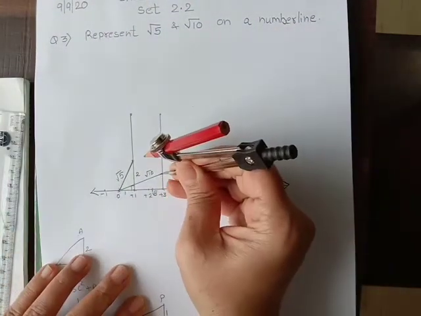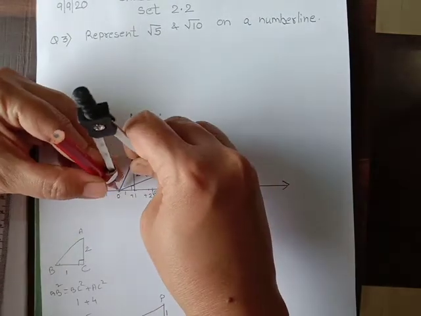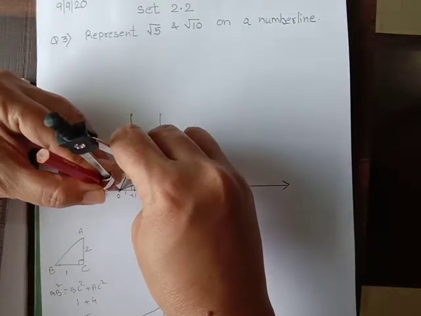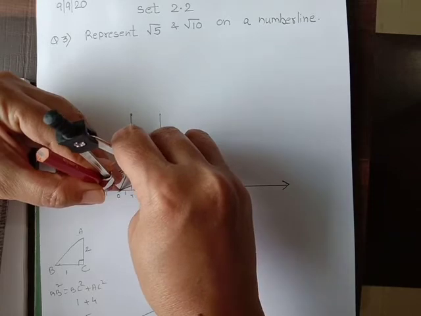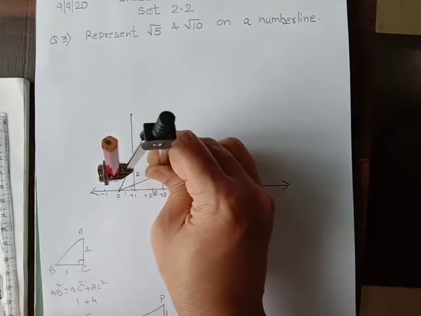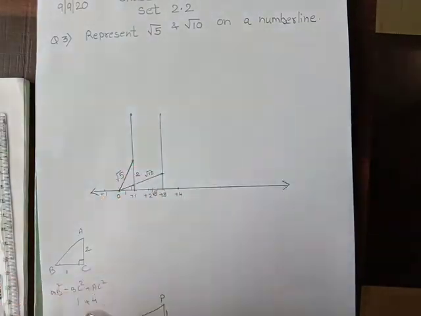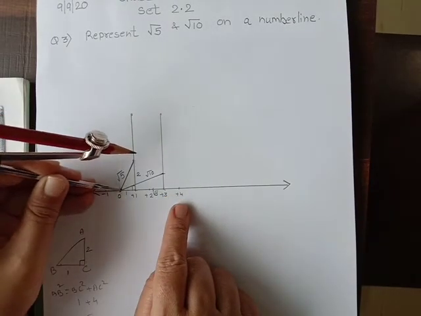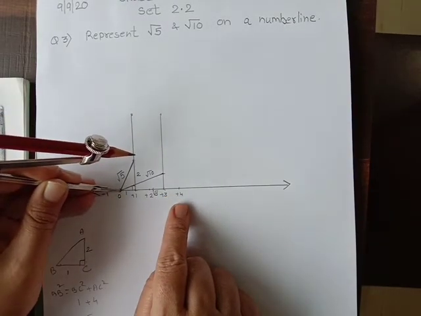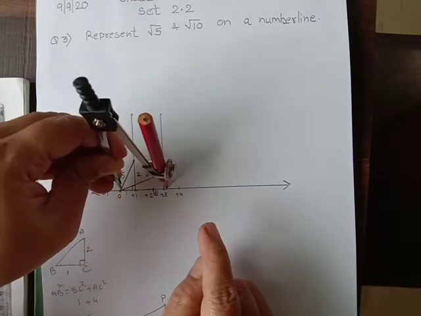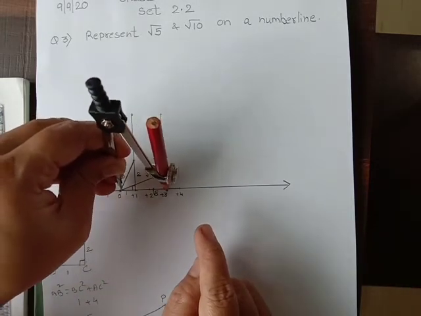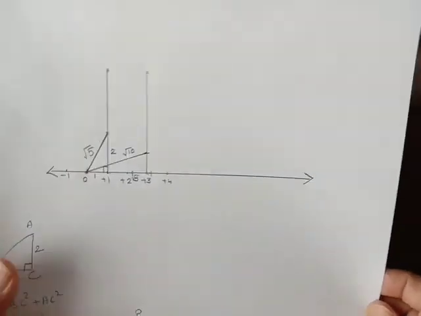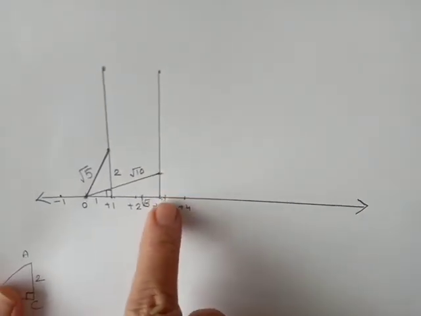I am just keeping this over here, measuring the distance. Now see students, you know that root 9 is 3. So root 10 will be a little more than 3. So it should be between 3 and 4. So let's check. Yes, see, it's coming a little more than 3. Can you see everyone? I am marking it over here. Please see. This mark which I got after 3.